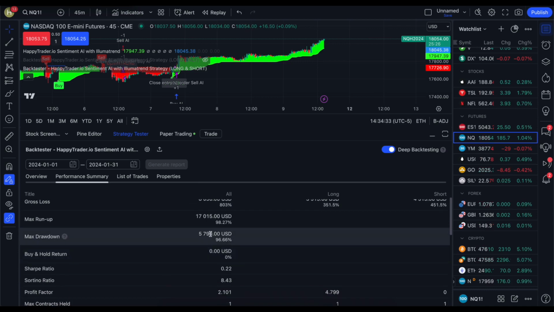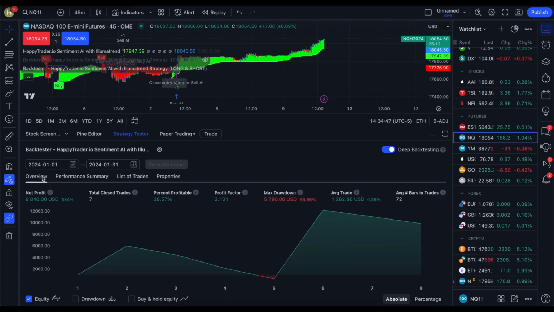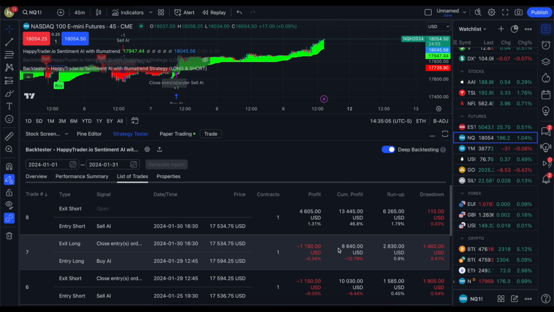And yeah, you took a drawdown. You took a huge drawdown. It's the Nasdaq, and you're swing trading it. And frankly, you're trying to short a market that is long, that is going up and has been going up. But at the end of the day, if you hold through all of that, like our bot did, and just trade these signals, have faith in the signals, look at some of our other videos, and you can see that even if this isn't the way that you trade, you have the opportunity to get out of these trades with run-ups. Okay, large run-ups that in many cases surpass the amount of profit or loss.